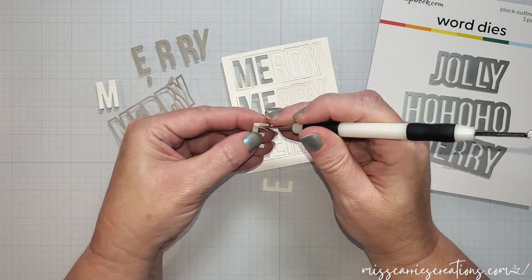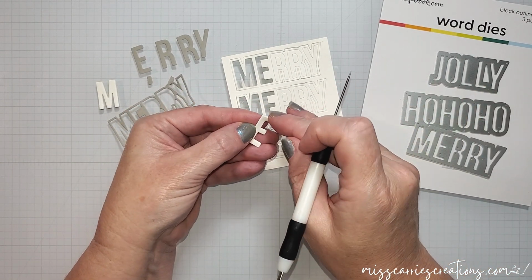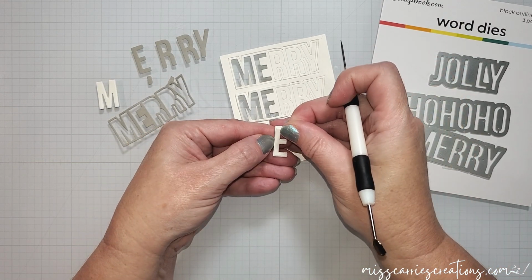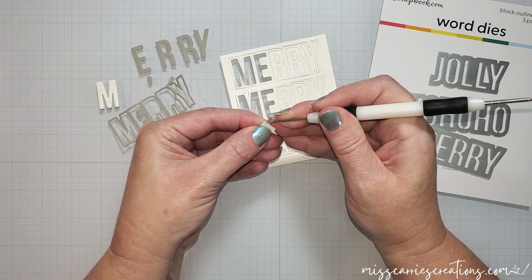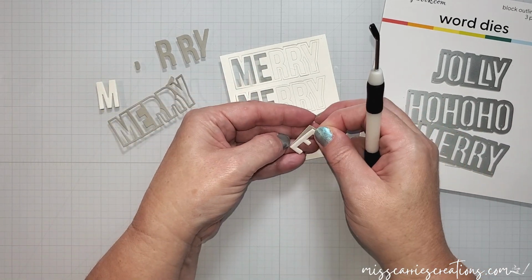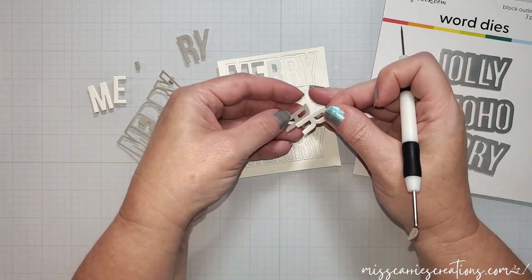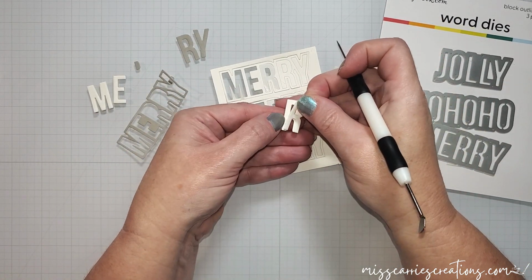I have cut the outline from the soft gray and I've cut a few sets of letters from white. You can see here that I've also kept the centers of my letters in that soft gray color. Now you don't need to do this, but I found that it helps to create a seamless sentiment. I have started adhering all the letter layers together. I'm just going to use the tip of my die tool to help me peel off the adhesive backing before